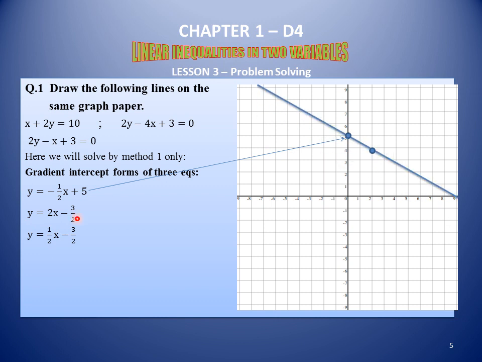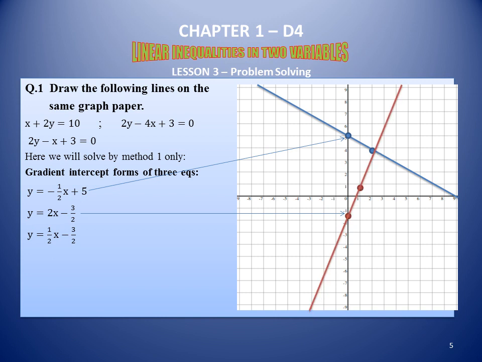Now for the second line, its y-intercept is minus 3 by 2, which is this on the graph. Minus 3 by 2 means minus 1.5. And we will place a dot here. Now for the second line, we will look at its gradient. Its gradient is 2, which is a whole number. So we will put 1 in the denominator. Putting 1 in the denominator, its rise is 2 and run is 1. Both are positive. From this point, we will rise 2 units above, 1, 2, and from here 1 unit to the right. Place a dot here and join these 2 points to get the line.